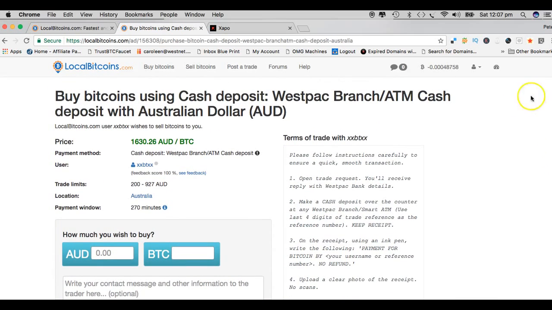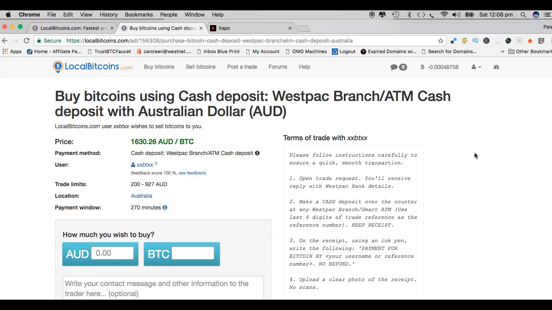That's where you find that information anyway. So once you've decided on that, you simply fill in these particular fields here, how much you want to buy. You put in the dollar amount or the peso amount or the yen amount, or wherever you happen to be. That's where you enter that information. It will then convert that to how many Bitcoins you're going to get, and you follow this process, and that will